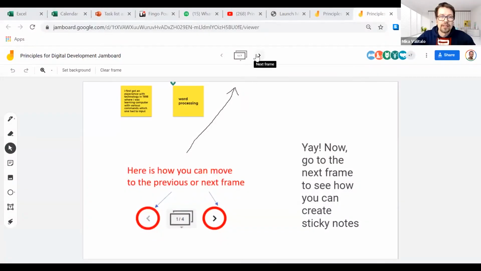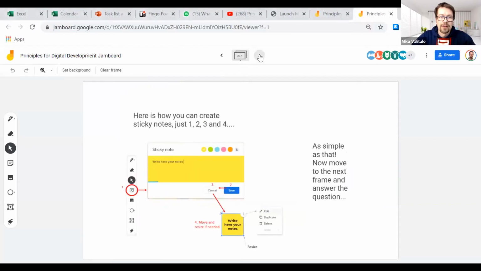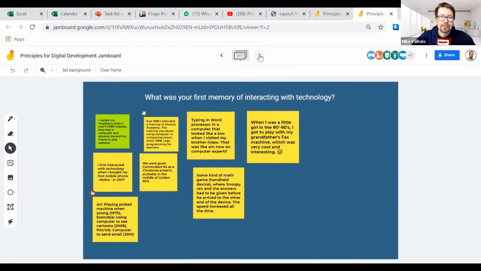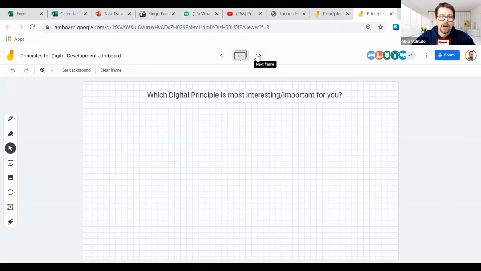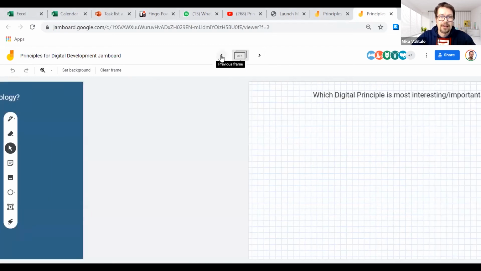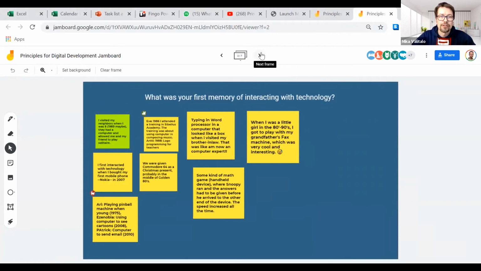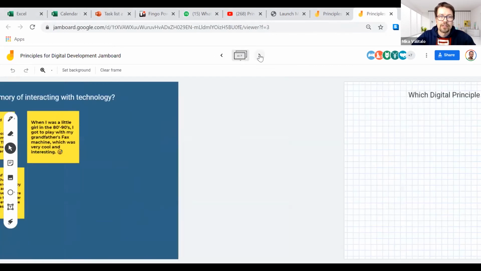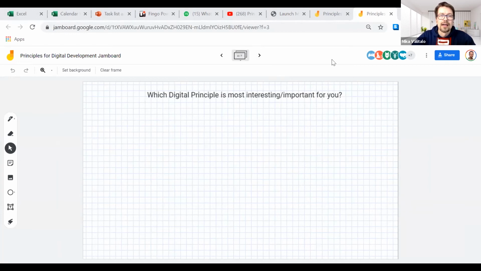So now, viewing the Jamboard again where we were, you can go from the first frame, or wherever you are, to the fourth one. The fourth one is the next after "What was your first memory of interacting with technology?" Now it is purely subjective and you don't have to think anything else, but based